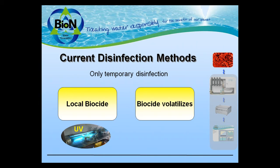Problem number 2 is that the biocides themselves, or their biocidal effect, volatilizes. This means that the chemicals used for disinfection break down over time or are consumed in the process of eliminating the pathogens. Coming back to the example of UV disinfection and also chemical disinfection just described, both methods do not